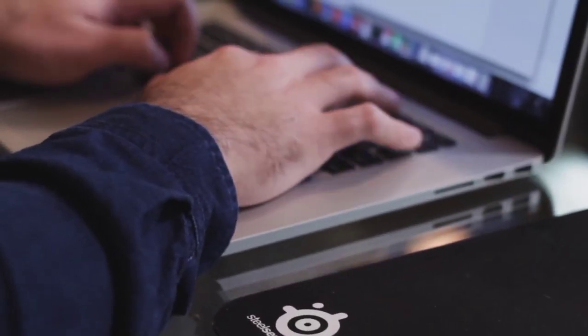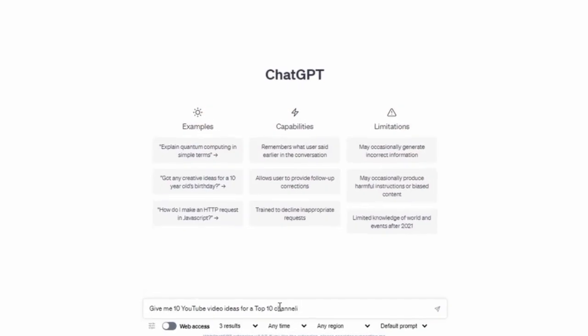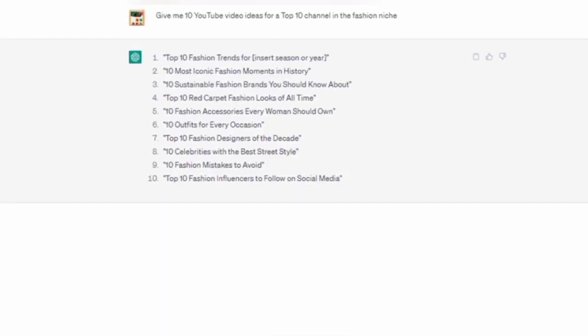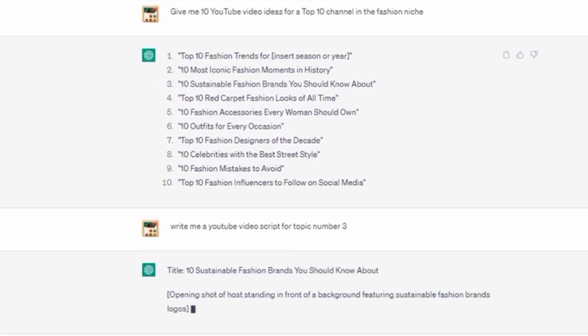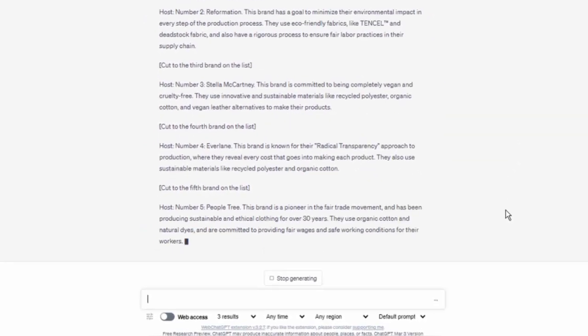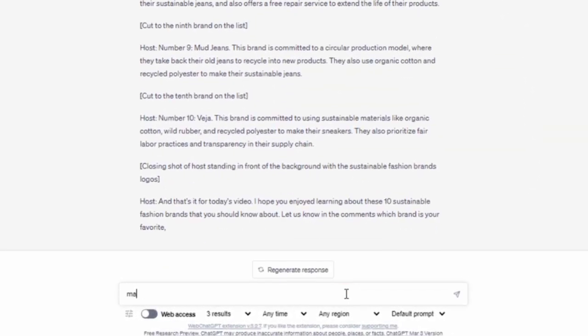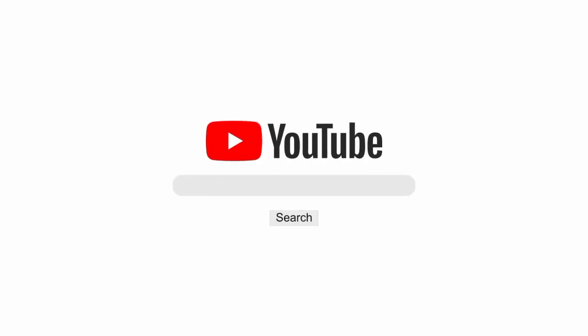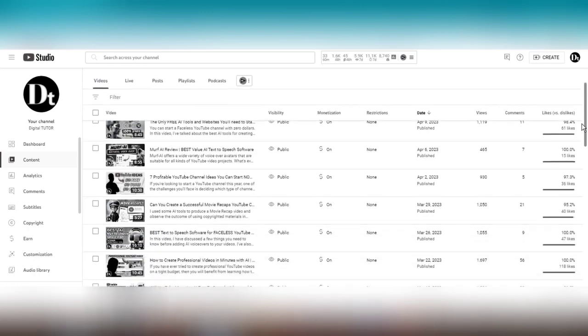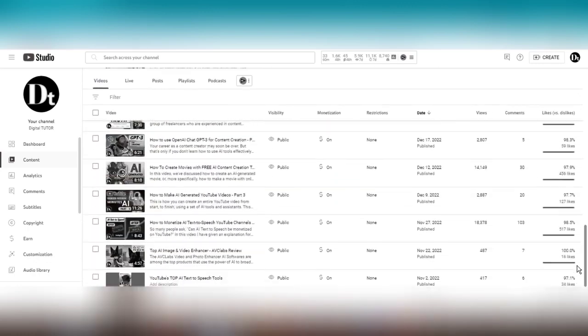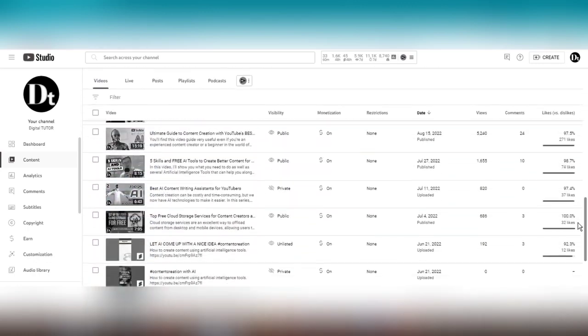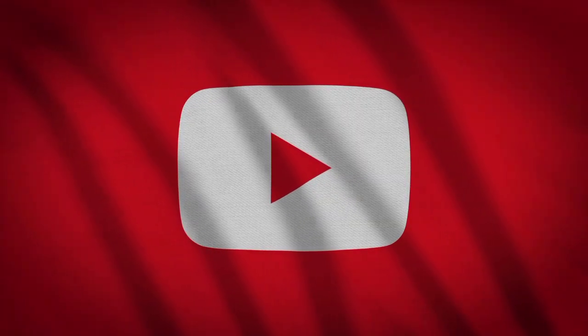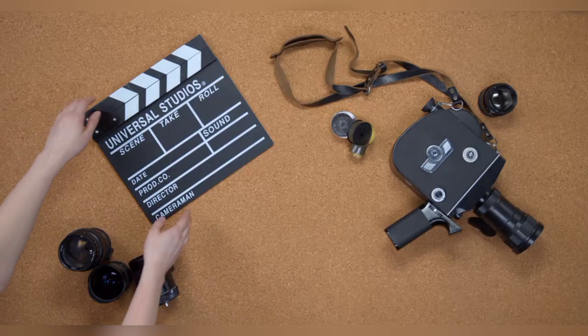Let me give you an example of low-effort content. If you go to Chat GPT and ask GPT-3 to give you a YouTube video idea, write a topic, then write a YouTube video script, and then you copy and paste the script into a text-to-speech software and an AI text-to-video generator, and then upload and publish the video on YouTube, you may end up with a channel filled with fluff or garbage videos if you repeat this process for many videos. In the eyes of YouTube, you're really not creating valuable content.